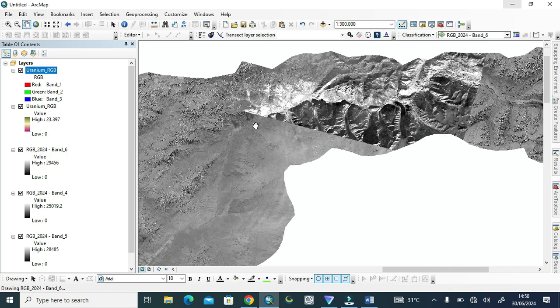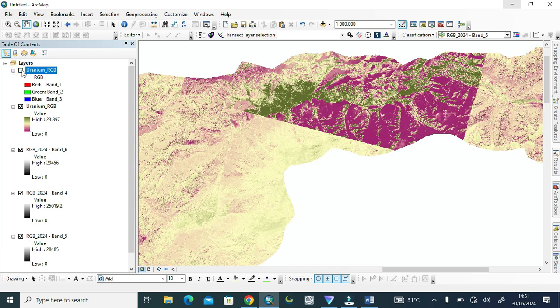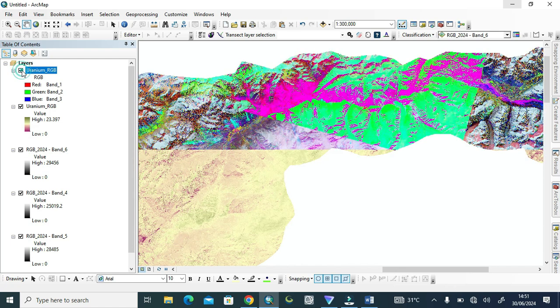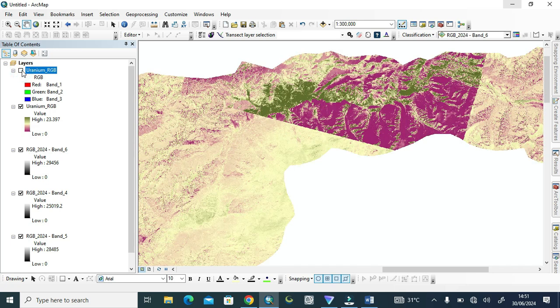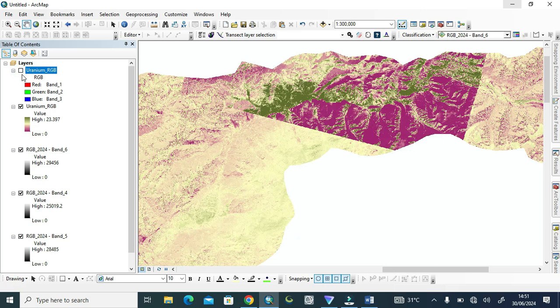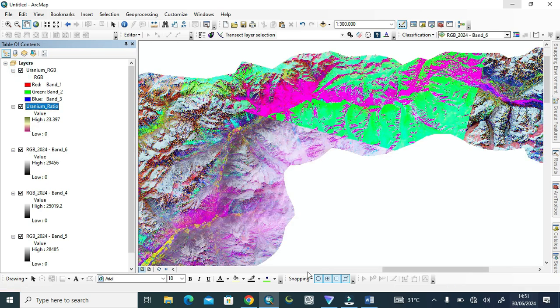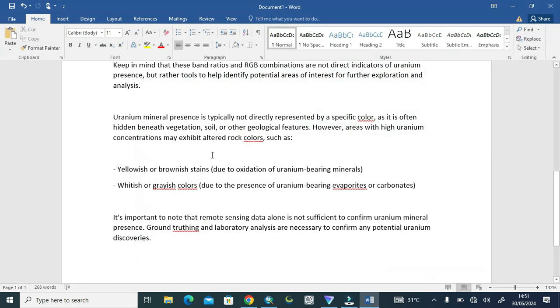You can compare this image with the index, with the ratio one. Here I have kept its name as RGB, but it's the ratio one which we estimated, and the one below, yes, I have changed its name, it's the uranium ratio. So you may compare it with your RGB, and as I said, the pink color will be there where the high value of the uranium ratio is showing.